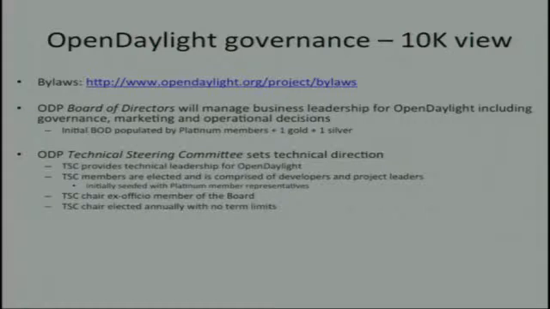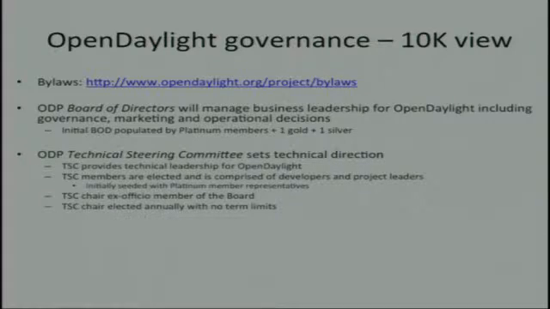Let me just talk about governance for a second. Again, when this got booted up, this governance thing was very, very contentious. I just put a pointer to the bylaws, which are just standard open source bylaws. The consortium has a board of directors, just like any other open source project that deals with business and hard decisions. It's initially comprised of the platinum members plus one of the gold and one of the silver. It's a standard thing. This is one of the things that's really nice about having the Linux Foundation. They've done this 100 times. They know how to do it.